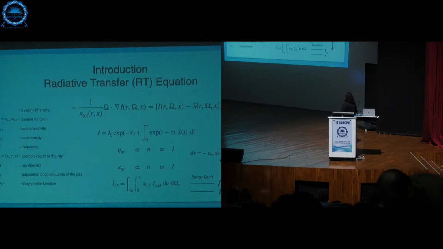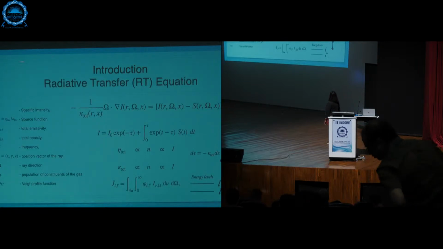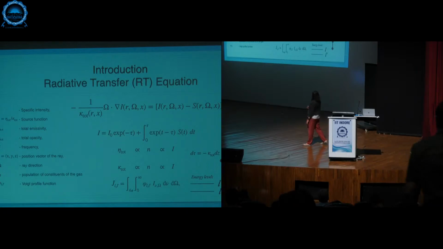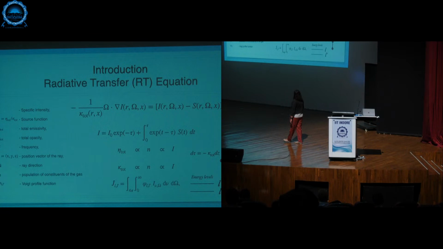This is the basic radiative transfer equation, where I is the specific intensity, S is the source function, which is the ratio of emissivity to opacity, kappa is the total opacity, ν is the frequency, r is the position vector, Ω is the ray direction, and you can see that the equation here is the formal solution of this radiative transfer equation, which contains